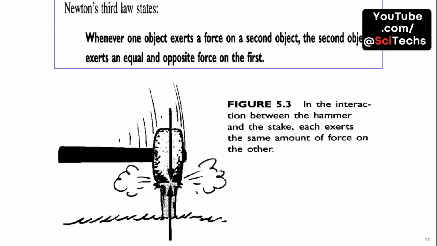Newton's third law states that whenever one object exerts a force on a second object, the second object exerts an equal and opposite force on the first. This principle is illustrated in the interaction between a hammer and a stake, where each exerts the same amount of